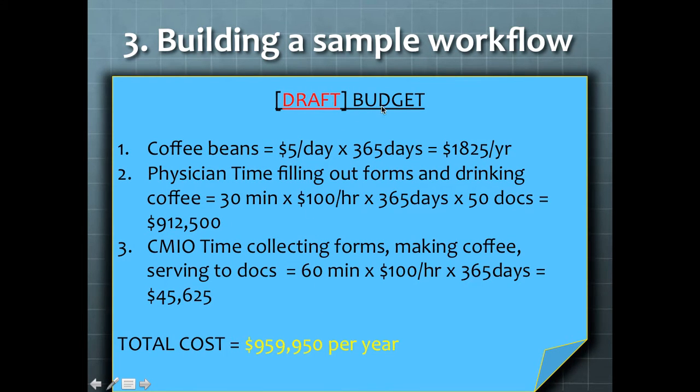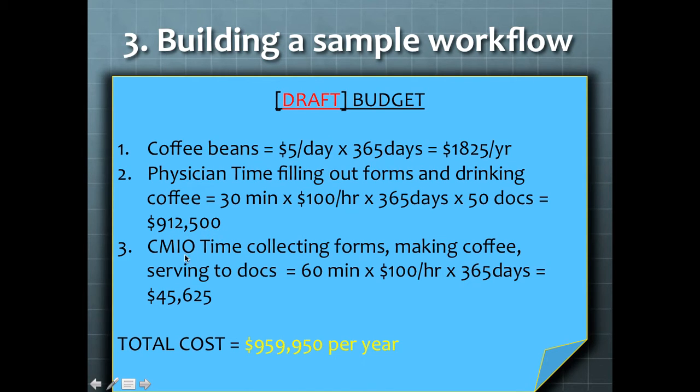Let's first look at the budget, our cost estimate. How much is it going to cost for this workflow? Well, first, coffee beans, let's say we estimate $5 a day times 365 days. That's roughly $1,825 a year. Then if we consider about 50 physicians and their time filling out the forms and drinking coffee, let's say conservatively 30 minutes times roughly $100 an hour salary times 365 days times 50 docs, that turns out to be about